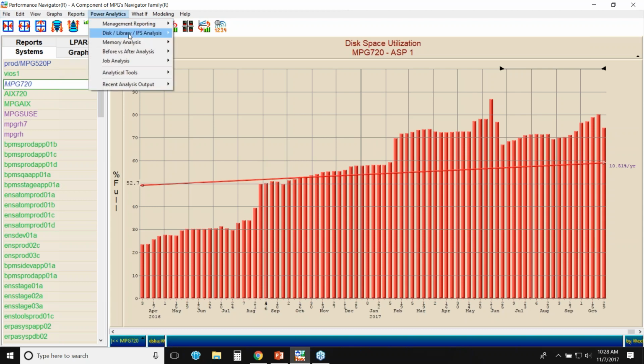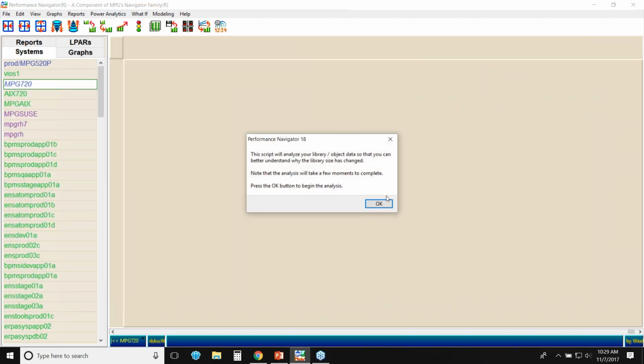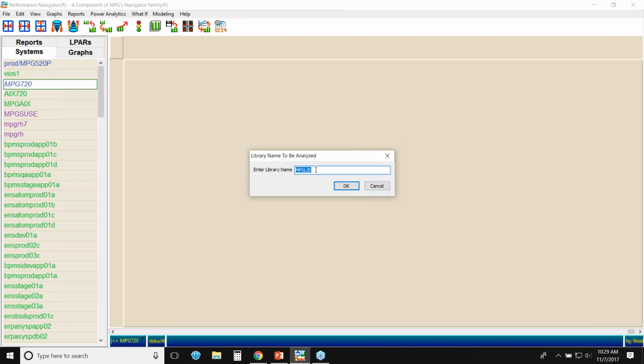and I do, why is my library growing? So you see the methodology, you see all your bad libraries, you see that in this report. Then you can go here and watch this. Same look and feel. Last time I was looking at QGPL, but let's pretend I didn't look at it. We default to MPG Live. This is where you would enter your library that you want to look at. But yes, I'll do QGPL